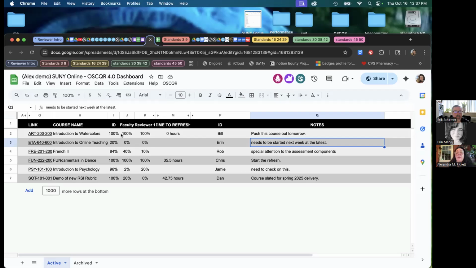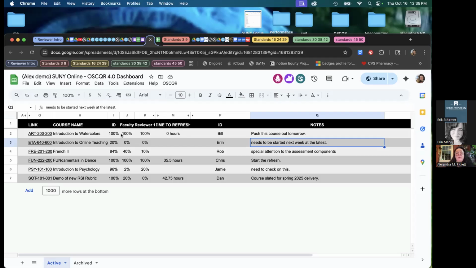So, there's always something that can be tweaked or improved. The 100% means that the ID finished their reviews and their suggestions, not that it meets 100% of whatever the standard is. That is never the case. We're not measuring that with OSCQR at all. I hope that's clear. Thank you for asking the question, Eric, because I think it was a really important distinction between OSCQR and other